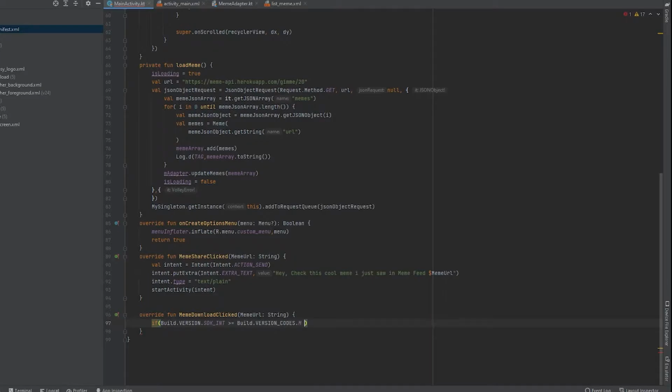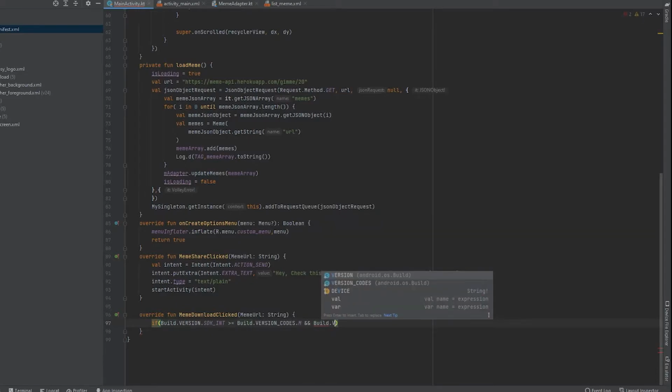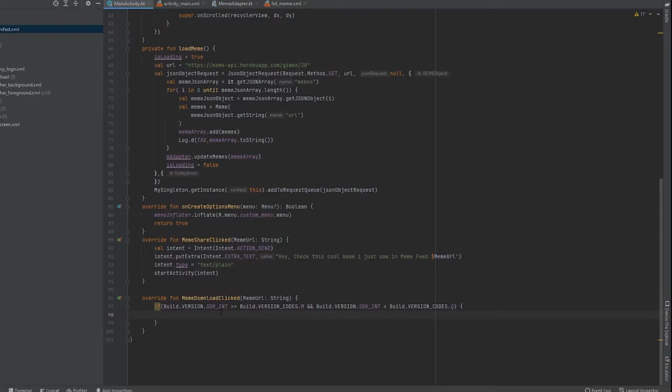If it is greater than Marshmallow and Build.VERSION.SDK_INT is less than Build.VERSION_CODES.Q, so if the user's device is greater than Marshmallow and less than Q, then we are going to ask the permission.